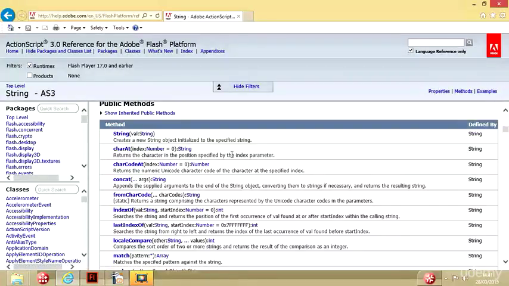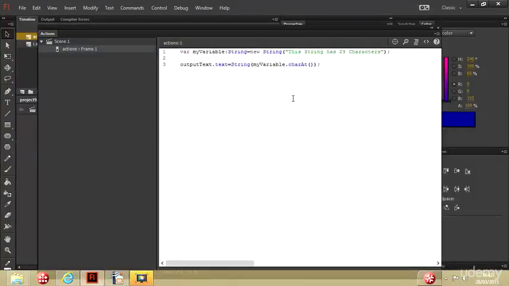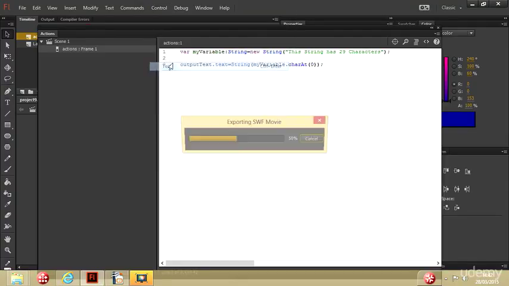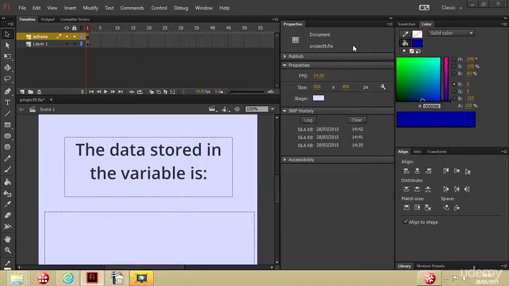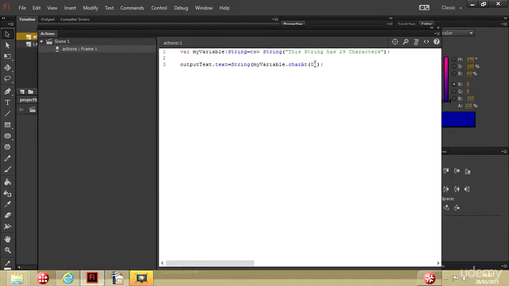Returns the character in the position specified by the index. The index is in the parentheses. So it's saying that if I put a 0 inside charAt, it will come out with the first character of that string. If I put in a 1, it will come out with the second character of the string. So let's test that. I'm going to put a 0 in. I'm expecting it to be a capital T. Control test, and it is. If I put a 1 in, expecting it to be an H,